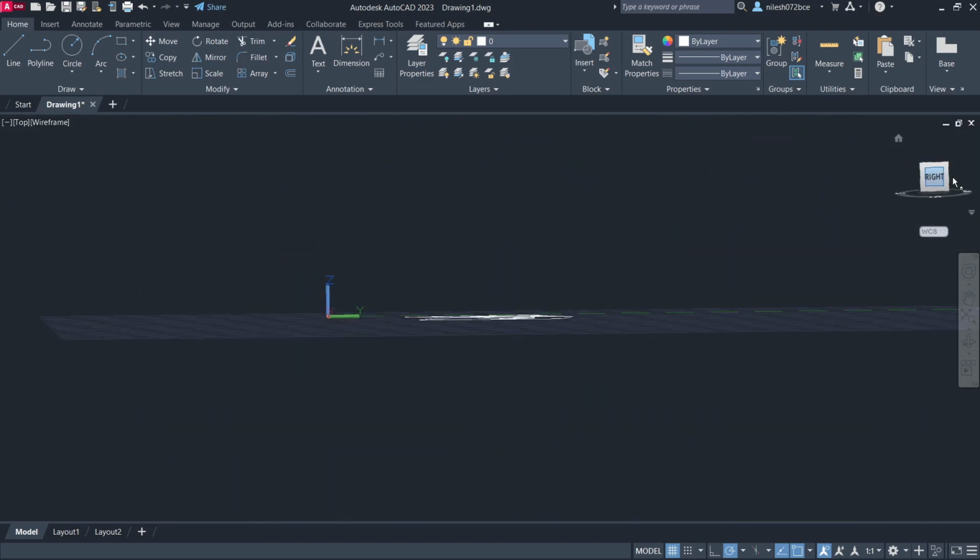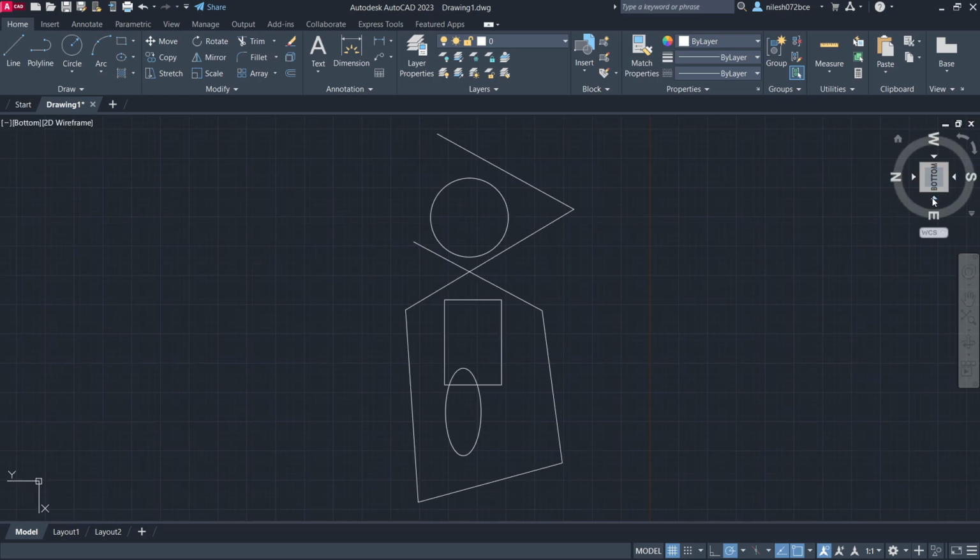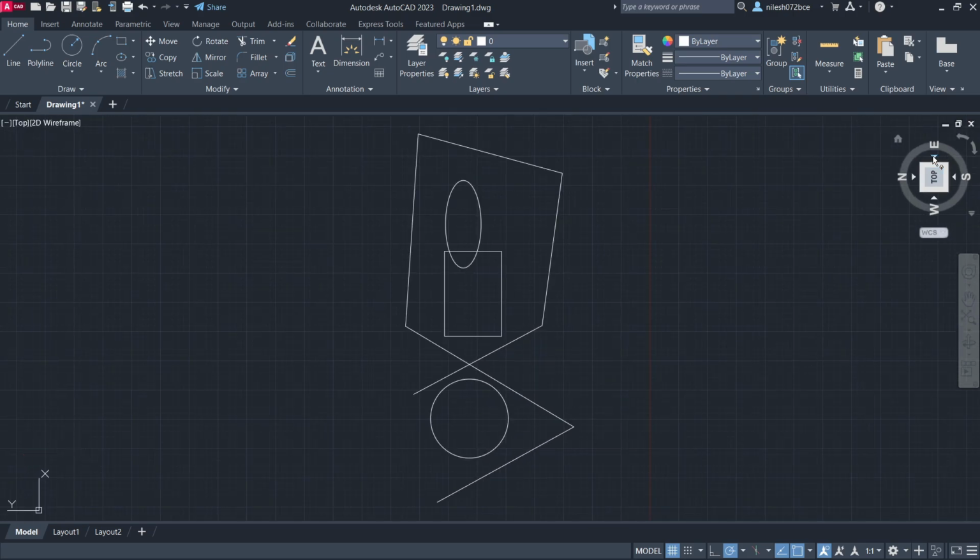If you want to change it, you can change it. This is the right side elevation, this is the back elevation, this is the left elevation. We are seeing only the lines because we haven't created the 3D diagram here, or we haven't drawn our elevation. It is only the plan. And you can change it again. This is the bottom view, and if you want to make it top again, you can just click on these arrows and make it top.